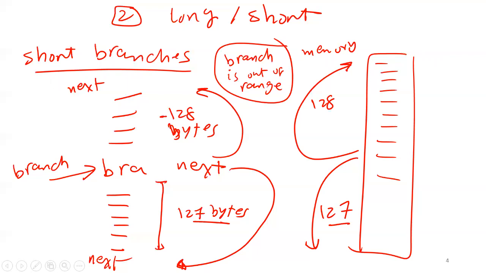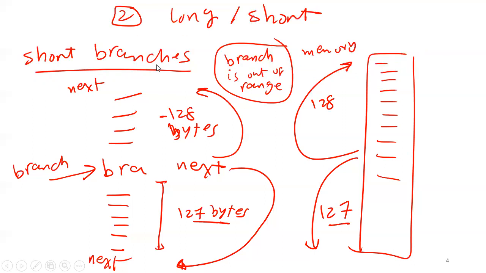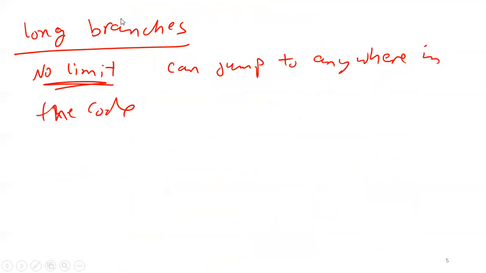Okay, guys. So someone can ask me, okay, based on what I taught, it looks like long branches is good. So why may I think to use short branches? Yeah, because this one has a limit, this one doesn't have a limit. So all the time I can use long branches. Why not? You understand what I'm saying? My answer is yes. Look, long branches you can jump anywhere, but if you consider efficiency, long branches are less